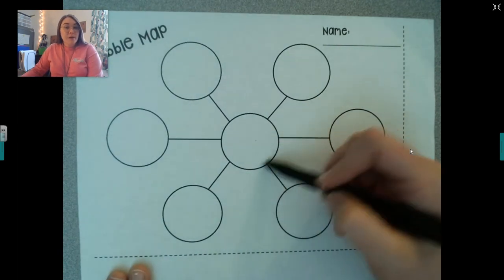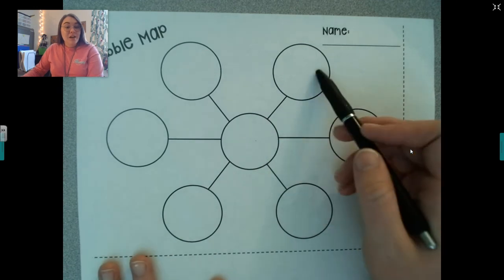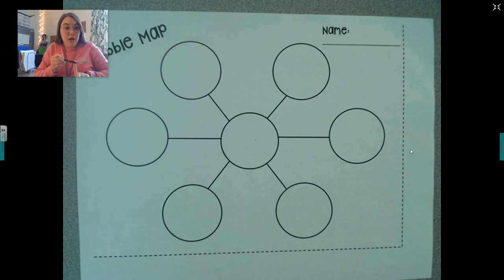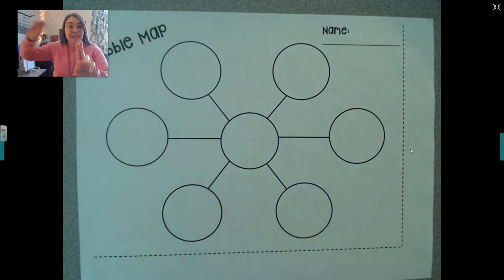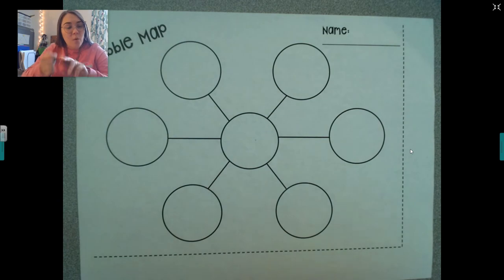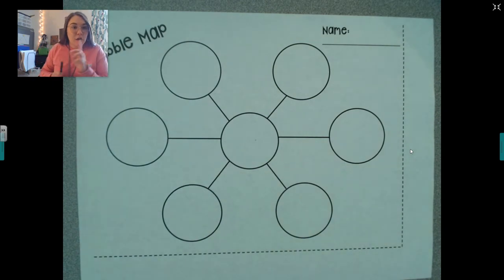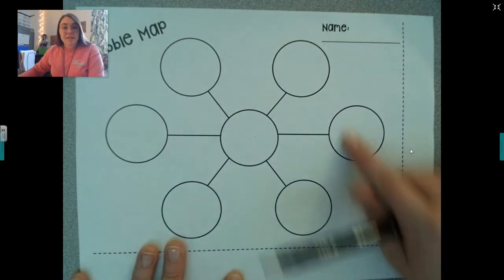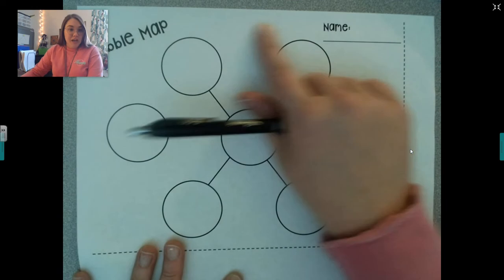So this is where you're going to put that central idea. And then on the outside, I want you to tell me some things that they did to prepare. I want you to tell me some things that they did when they left on the quest. Where did they go? Who were they trying to convince first? It was the bats they were trying to convince. So again, this is your central idea of chapter 12. And these are some events that happened in the chapter.